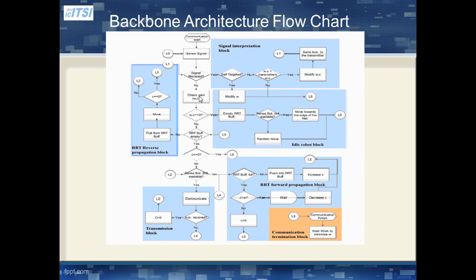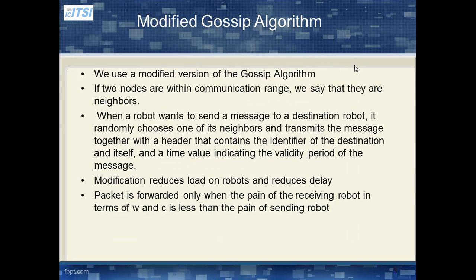The whole backbone architecture can be seen in the paper like this. So we have used a modified gossip algorithm. If two nodes are within communication range, we say that they are neighbors. When a robot wants to send a message to a destination robot, it randomly chooses one of its neighbors and